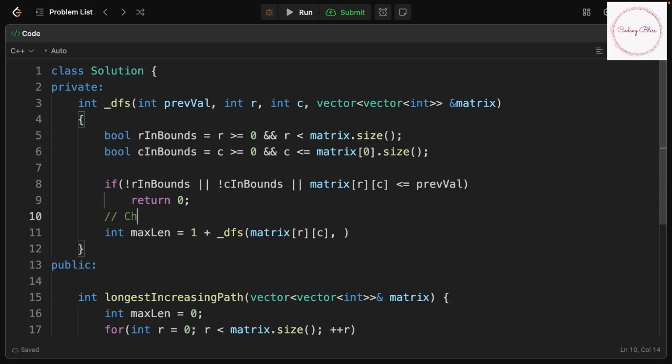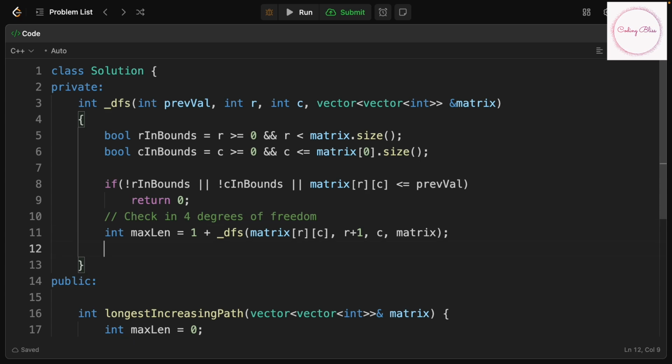So check in 4 degrees of freedom. If you see here, I will just pass, so I could have R plus 1, C, matrix, then I could have max length equal to max of,